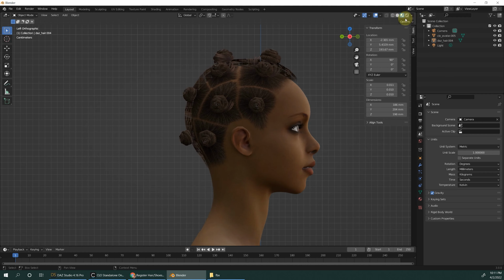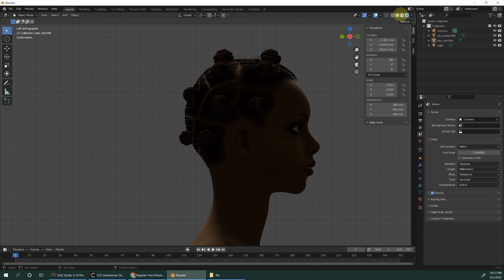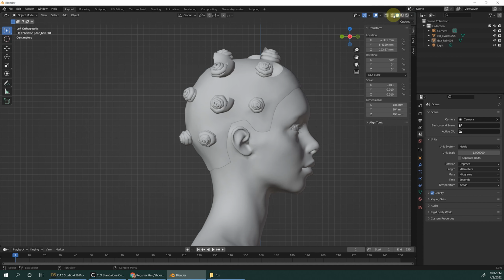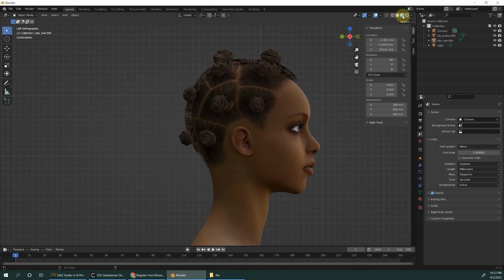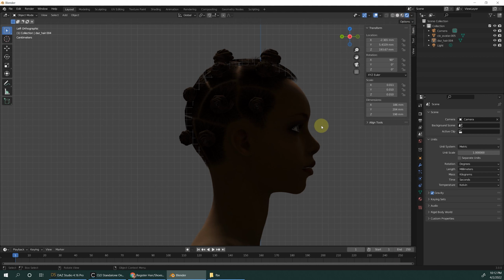We can also go to this section and change the view. You can see this is the mesh, this one is only one color, this shows the texture, and this shows how you render.